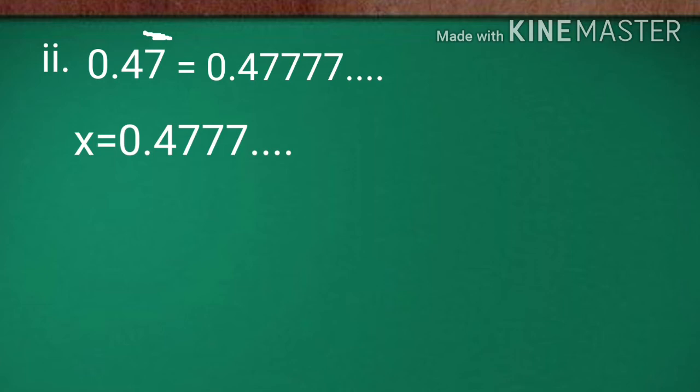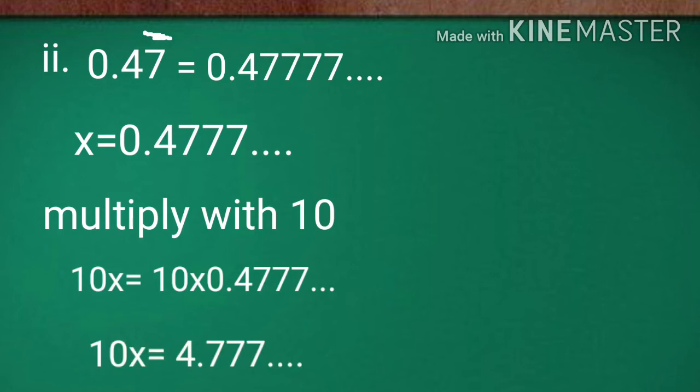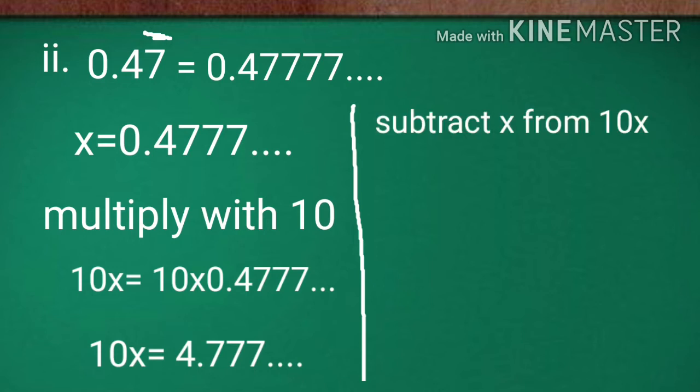Let us take the given decimal number as x. x is equal to 0.477... Here there is only one repeating number. As we did in the last question, here also we are going to multiply x with 10. So after the multiplication, we are going to get 10x is equal to 10 into 0.4777... and so on. After multiplication we will get 10x is equal to 4.777...